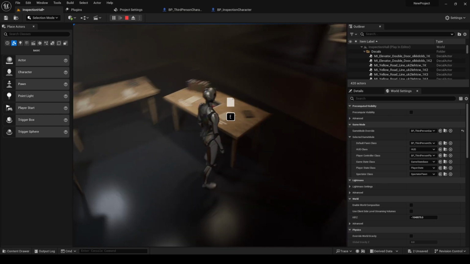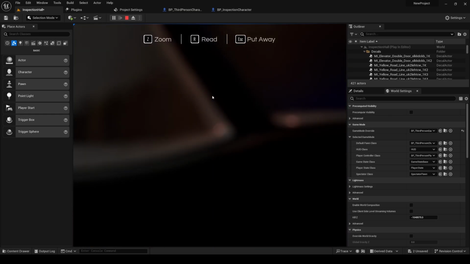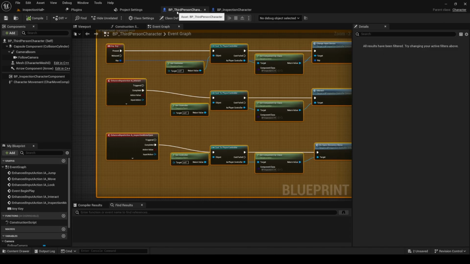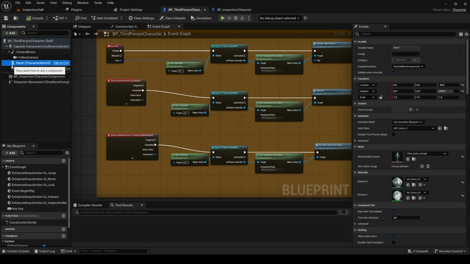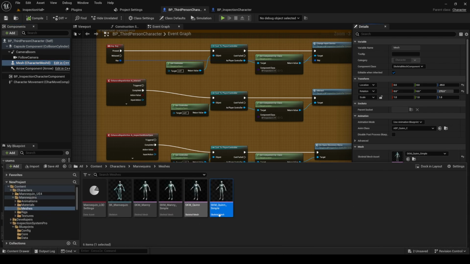Only if you interact with a document that requires animation, you will see some odd behavior. So let's fix that next by opening up your character's skeletal mesh. The easiest way to find the skeletal mesh used by your player character is to select the mesh component and in the Details panel, look for Skeletal Mesh Asset. Click the Browse to Asset button. This will bring you right to the asset,